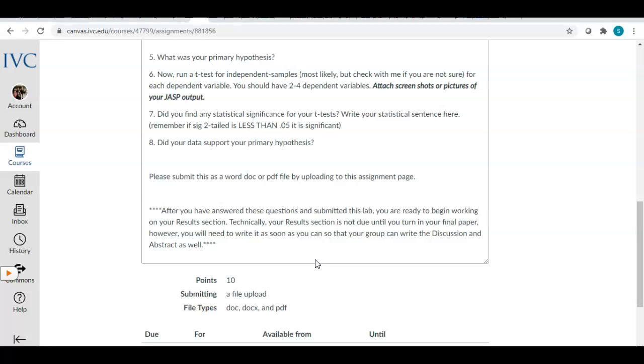All right. So I know it feels like we have a long time. A lot of you are like, oh, we still have a whole month left. But don't procrastinate on this, because remember, we still have our poster that you have to do. I'll be explaining that probably next week. That's kind of the last thing you want to do, because it's just really plugging in your highlights of your study into a poster format. But you still are responsible for that, and you still have your inquisitive assignments, and you still have a final exam. So as soon as I get that data to you, please make sure that you're getting started on this